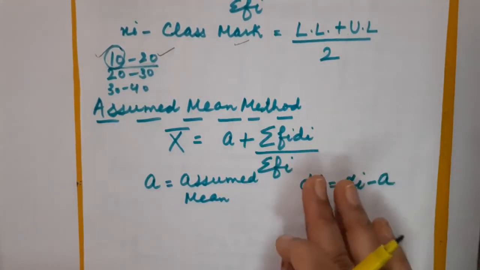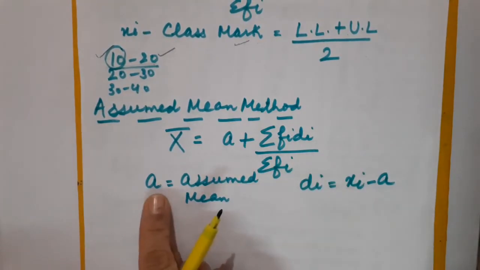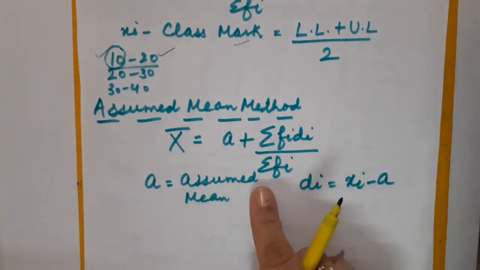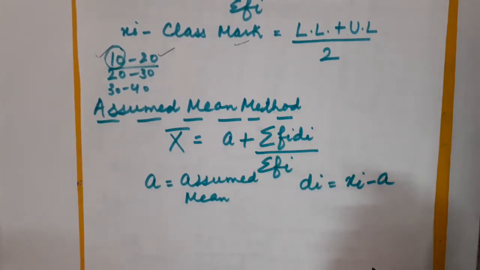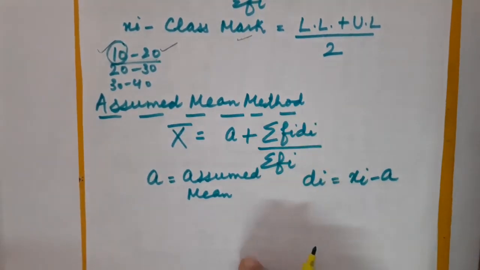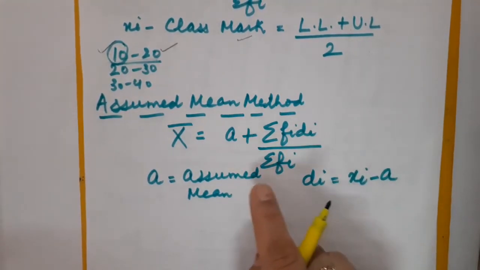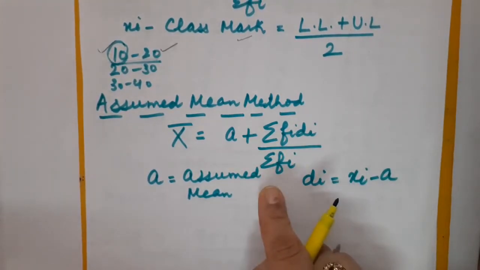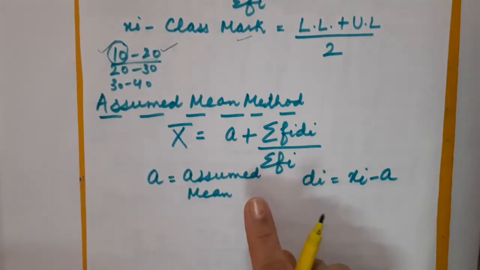So out of that complete list, you are going to assume any value of your choice as the assumed mean. But I prefer to choose the mid value if possible. That depends on basically the data. If the total number of xi is odd, we can easily pick the middle one. Otherwise you can pick any value of your choice. That will be considered as assumed mean, that is a.